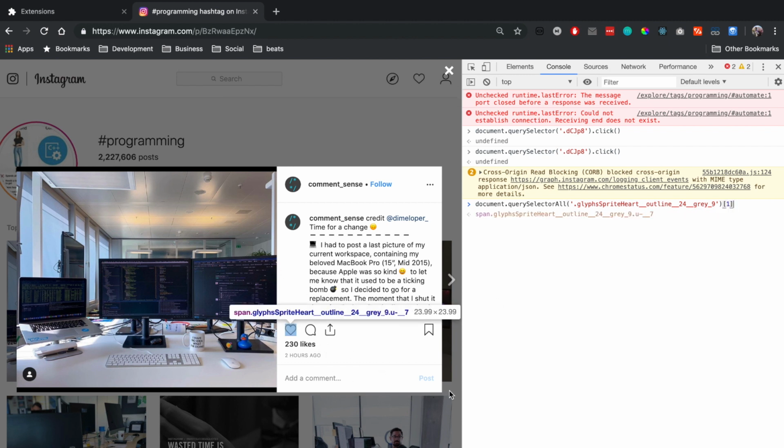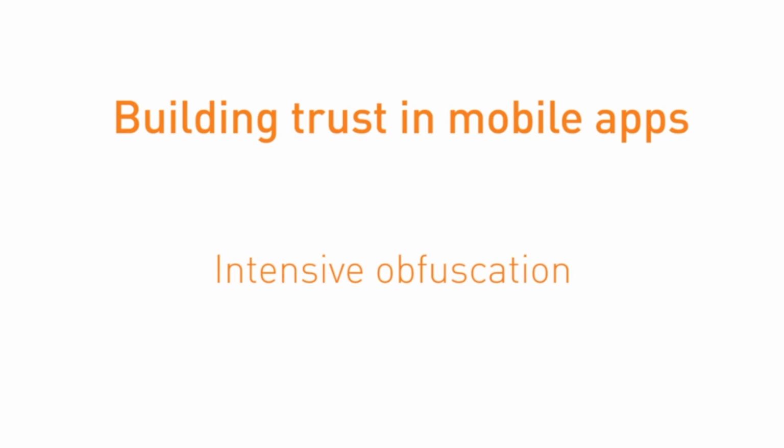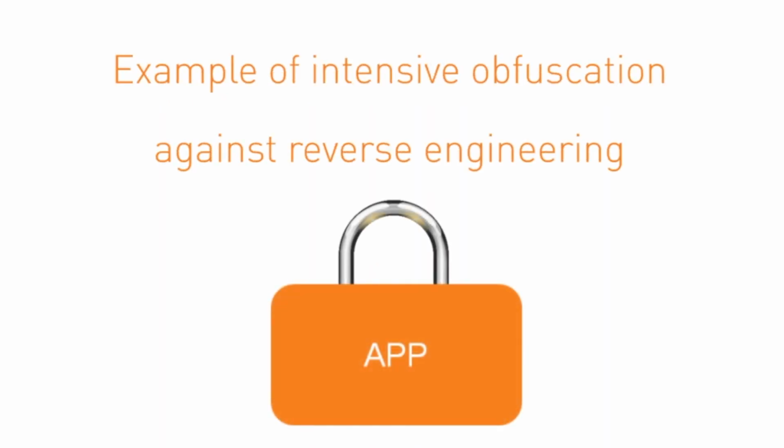And it is. Most apps nowadays are not properly protected, and attackers can easily analyze the application logic to find the vulnerable points. In this video, we will see an example of how to protect an app against reverse engineering